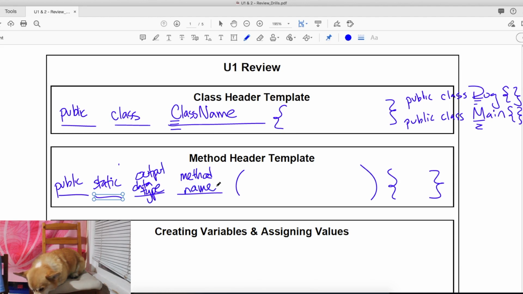And inside, you have 2 things. You have the variable data type, and then you have the variable name,